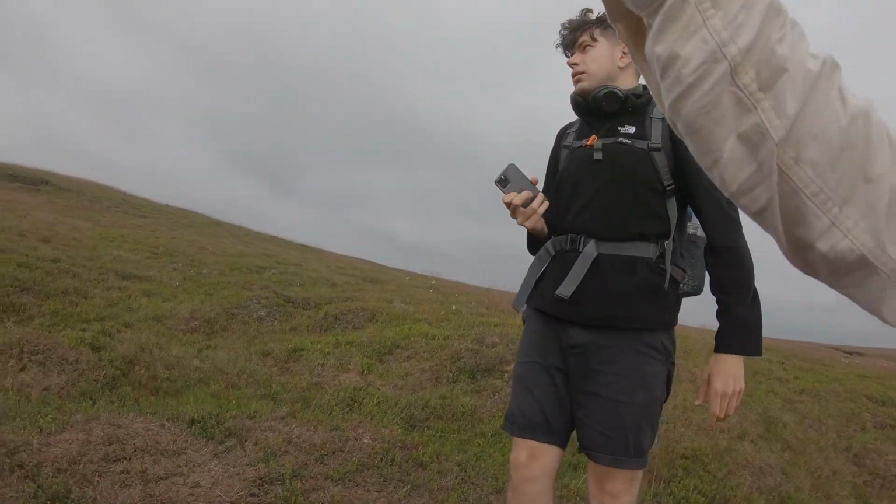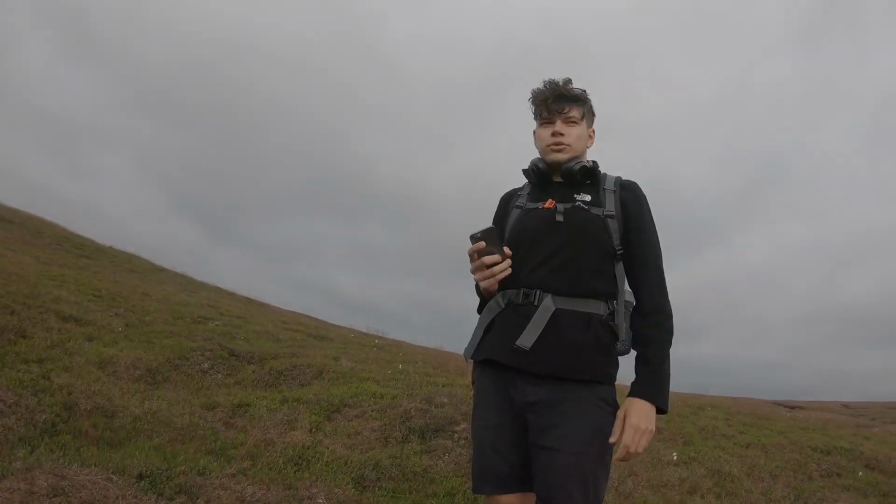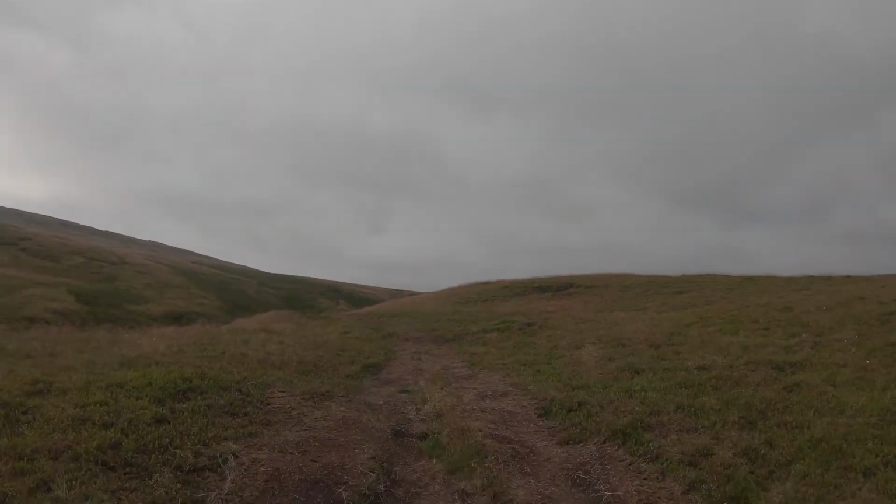The B-29 crash site? Yeah, so if you follow this path literally all the way up there. All the way up? You'll...